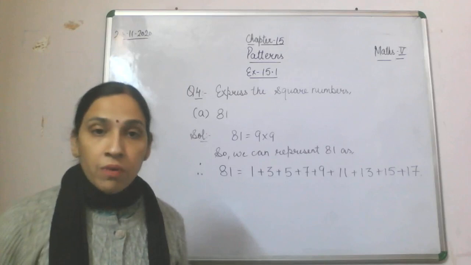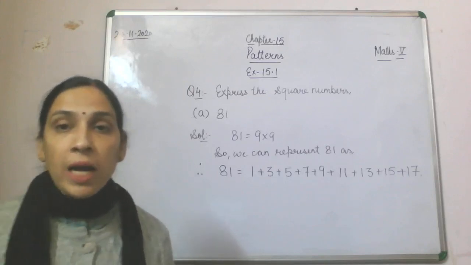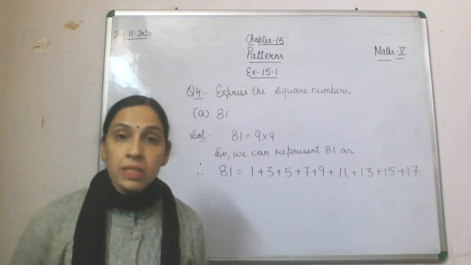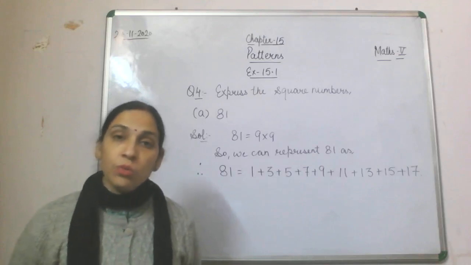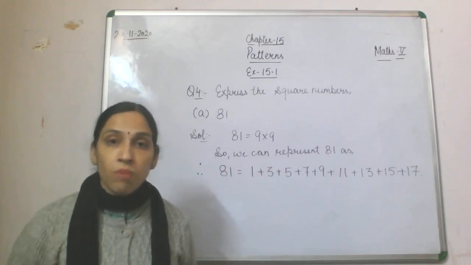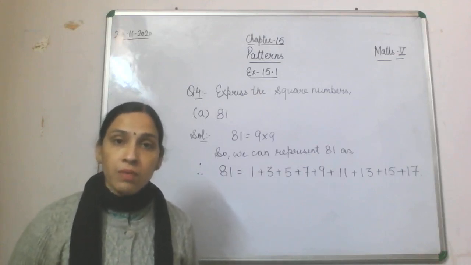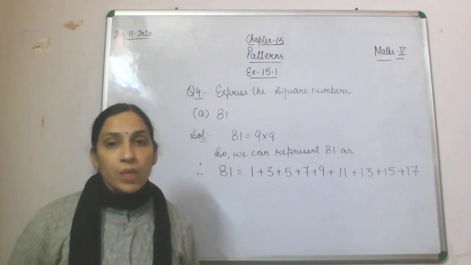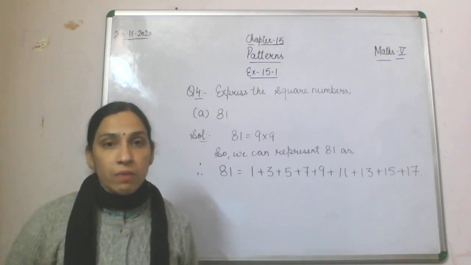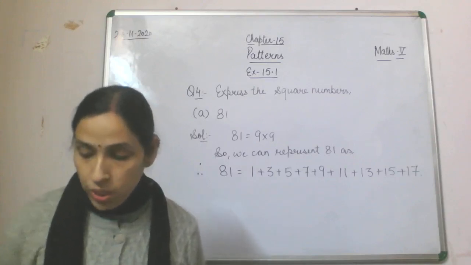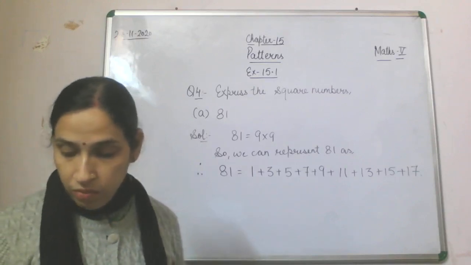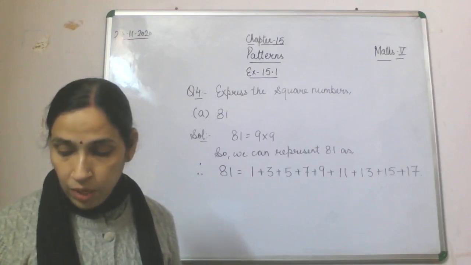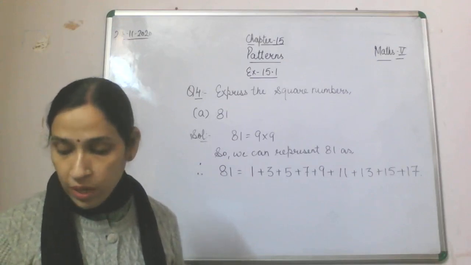Now question number 5, without doing actual addition, find the sum of. Here you are going to count that the sum of the first 10 odd numbers will be given. So the sum is equal to 10 into 10, that will become 100. So that you are going to do in question number 5. Without doing actual addition, you have to find it out.